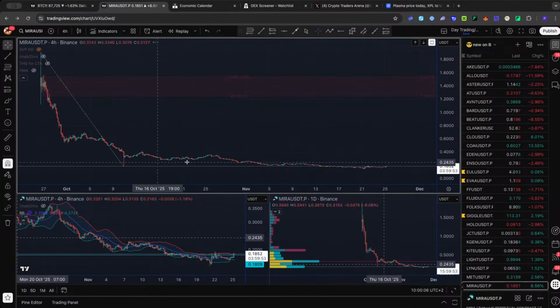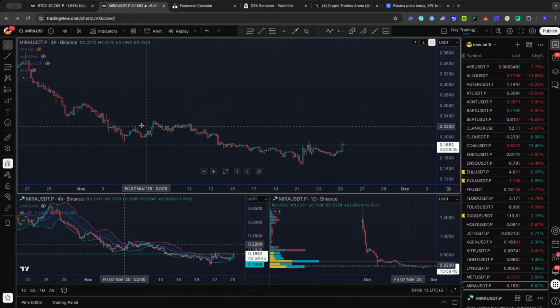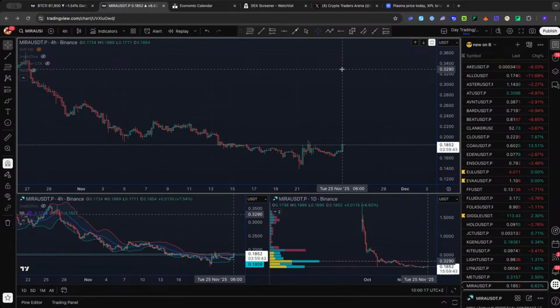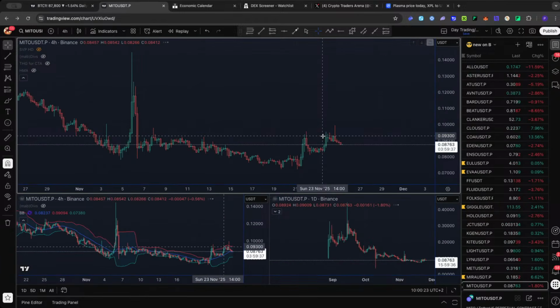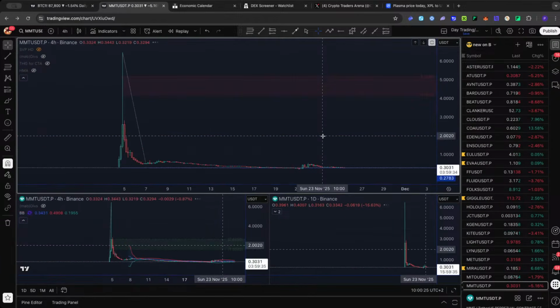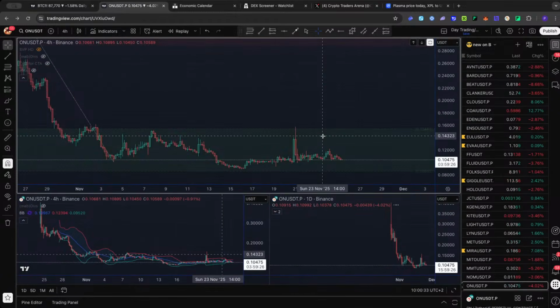This one is trying to form a bottom here. You can see, this is a big W on the 4 hour chart. But I don't know, because this one dumped like crazy, you can wait for a breakout and then a retest and then trade. But we have 4 hour W's forming. I'll watch it. Nothing here. I don't like it. Let it consolidate more. I think we can wait.